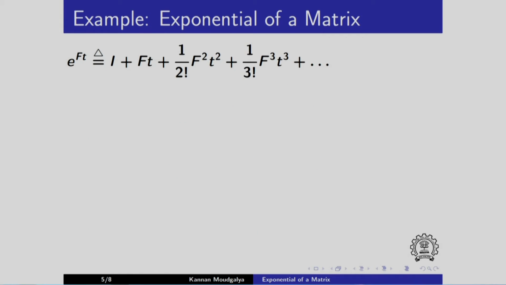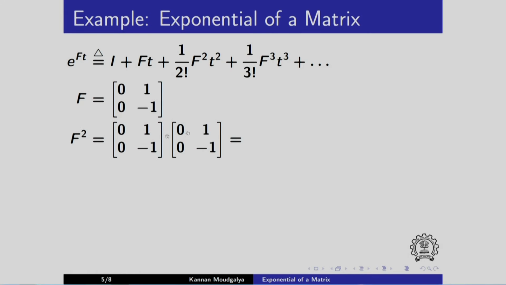Okay, let us give an example for this. Let f be a 2 by 2 matrix as given here. So this term can be calculated. Next we need to calculate the second term. So for that we need f squared. So f squared is given by multiplying these two together. When we multiply, it is easy to check this, you get this. Similarly one can calculate f cube and so on and substitute in exponential ft.